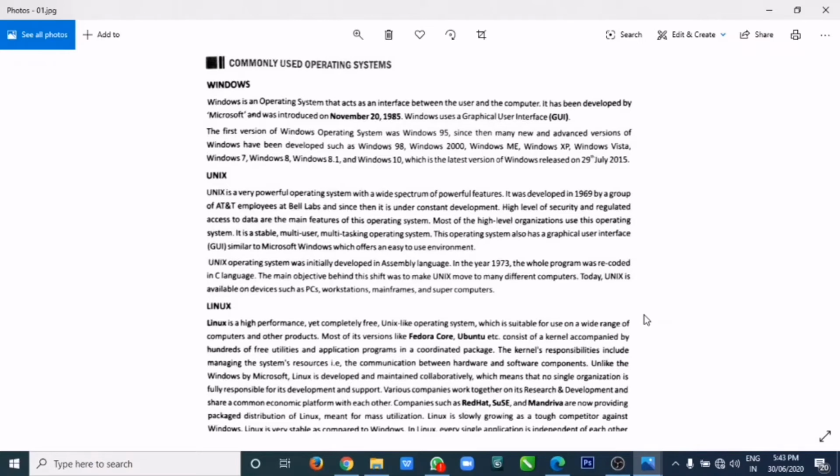So here is the difference between free and open source. Open source means its code is available for all of us, right? So we can see the code of Linux.